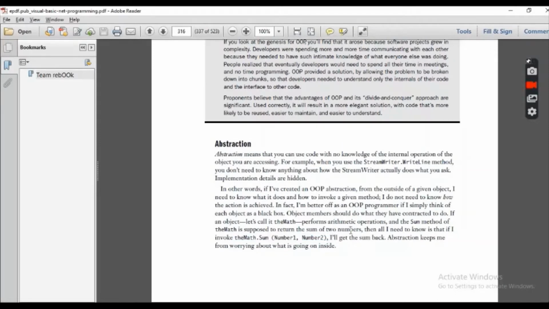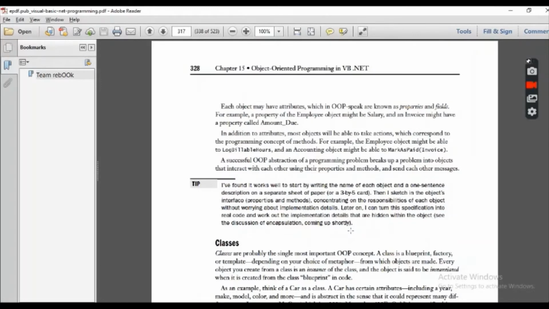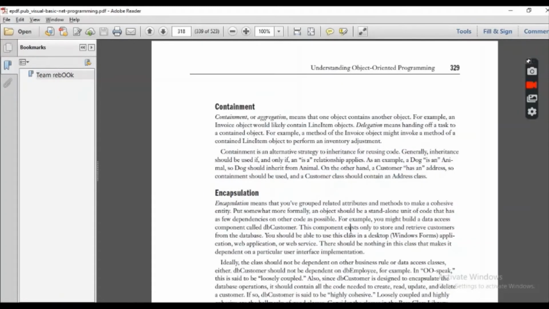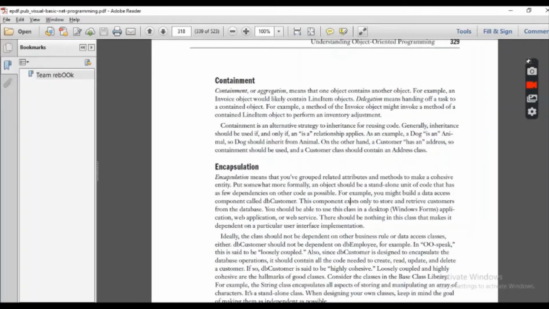So that's called abstraction. Then we are going to shortly start the concept of classes, but before that I would like to tell you about encapsulation. Encapsulation means that you have grouped related attributes and methods to make a representative entity.